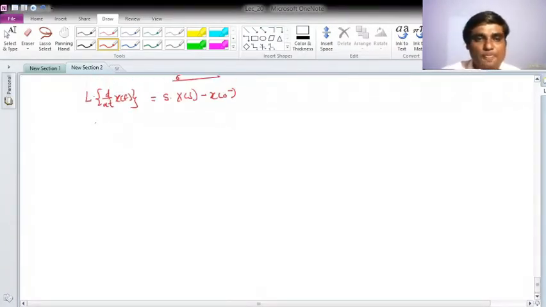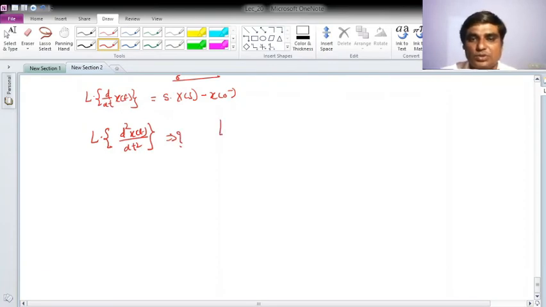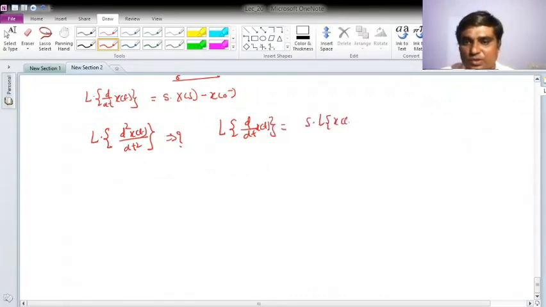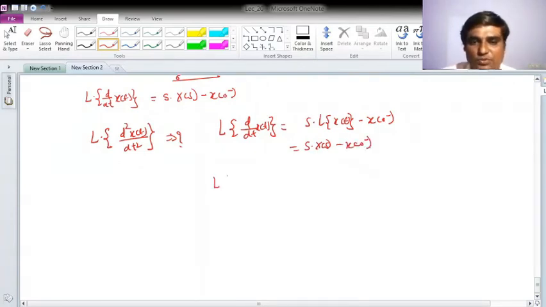Now with this I would like to find the Laplace transform of a second order differential equation, so for that let us use this result. What is the Laplace transform of the first order derivative? It was s into the Laplace transform of x of t minus your initial condition, x of 0, that is, s X of s minus x of 0 negative. The same way I will use it for the second order derivative, that is d2x upon dt square.